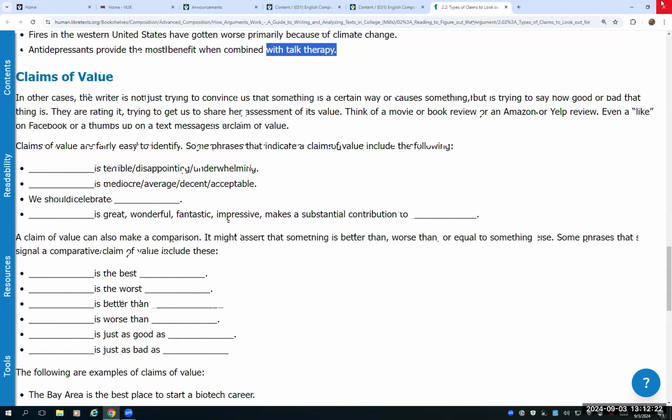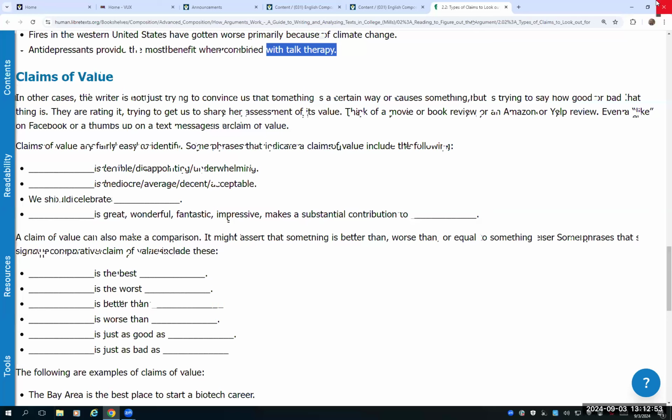She does say here that claims of value are pretty easy to identify. Claims of value may look something like these examples. Something is terrible, something is disappointing, something's underwhelming, something is mediocre, something's average, something's decent, something's acceptable. We should celebrate something. Now, we see this word should in there,